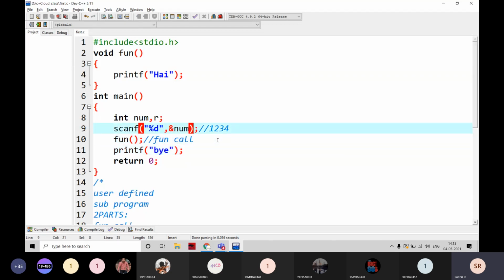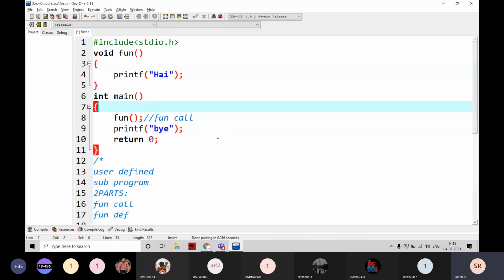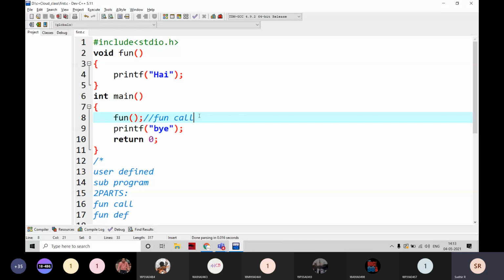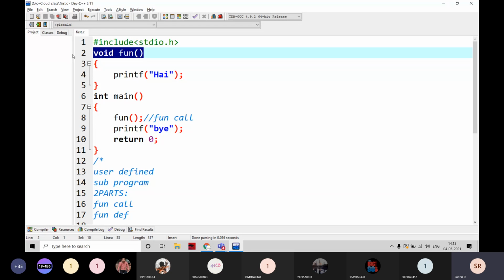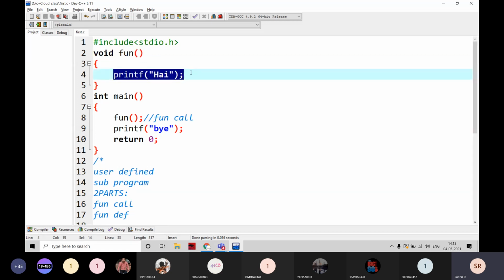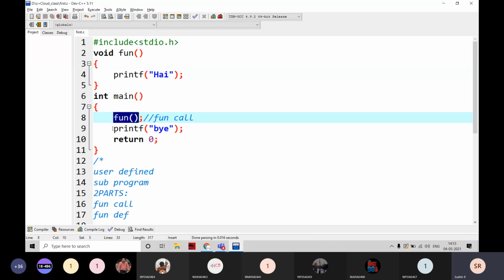Now the compiler is coming here. I'm not reading anything here. Simply I'm going to write like this. The first line is going to be called a function call, fun of. If I call it, the compiler checks whether there is any function definition with that name. Yes, the function definition is there. Then automatically the control goes to this function definition, and it executes all the lines here. After that, it is coming back to the next line, and it is going to print bye.